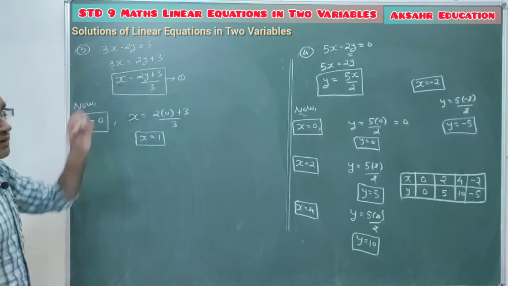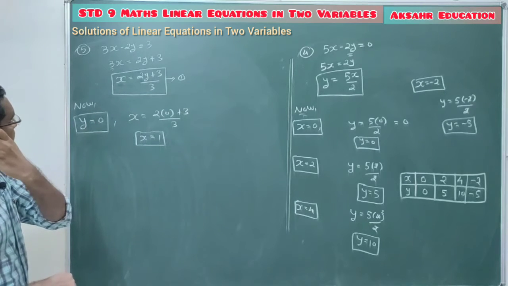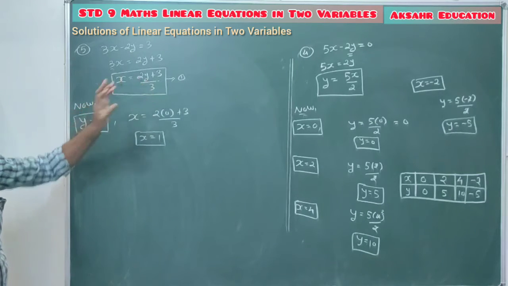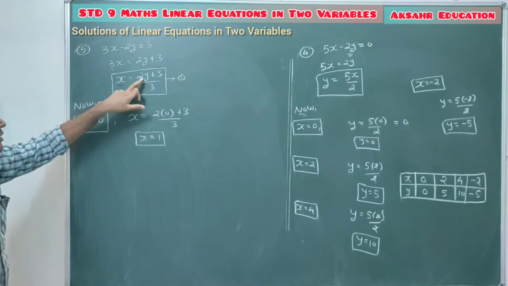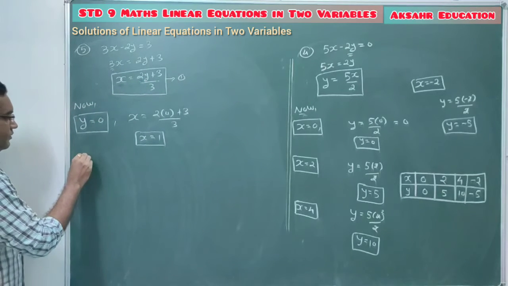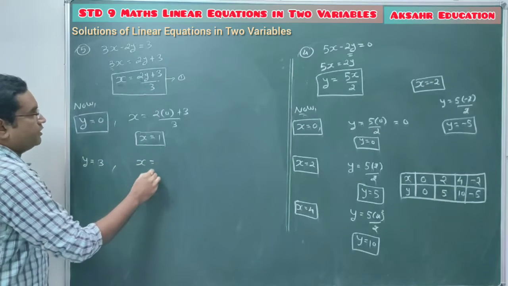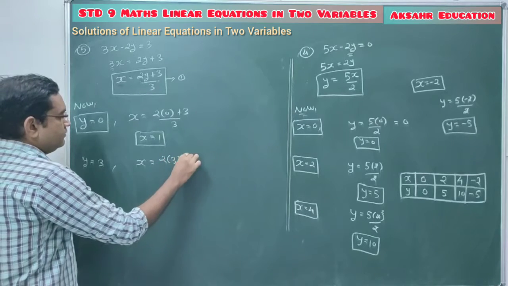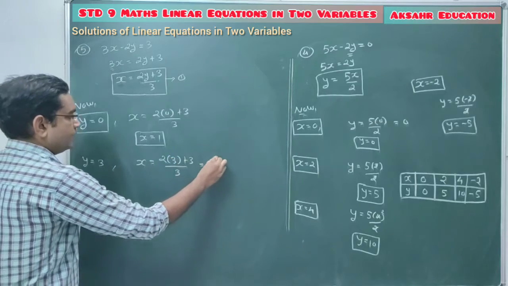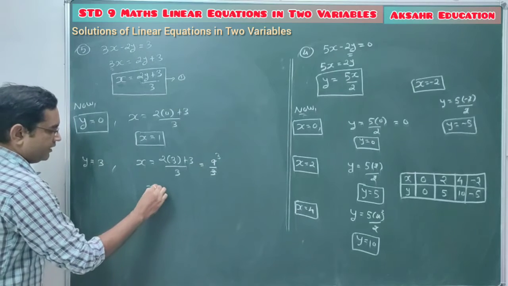Now, if we take y equal to 1, so it's 2 plus 3, 5. So we are not taking that value of y. Put y equal to 2. For y equal to 2, 2 2s are 4 plus 3, 7 by 3. That value will not work either. Take y equal to 3. 3 2s are 6 plus 3, 9. 9 by 3 will cancel. So here we are taking y equal to 3. So for y equal to 3, our x will be (2 into 3 plus 3) by 3. So that is equal to 3 2s are 6 plus 3, 9 by 3. So 3 3s are 9. So we are getting x equal to 3.